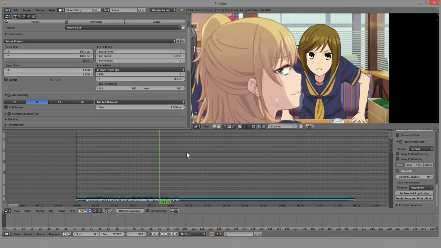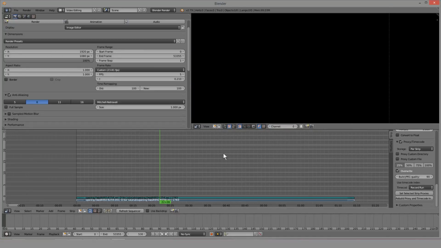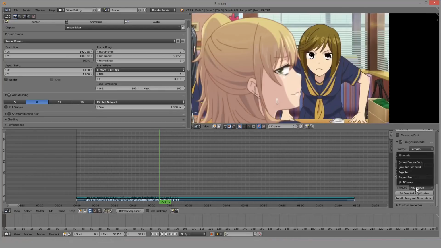It's a case where you need to have this thing called a timecode to fix it. So Blender's going to do its own kind of number system here, and it's going to use that, and you're not going to have this issue if you insert a timecode. And so record run is what's recommended. Record run no gaps if it's heavily